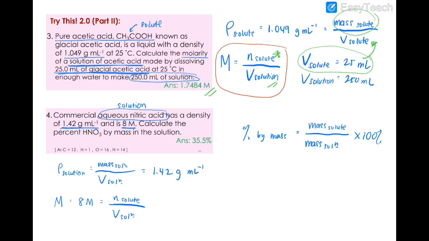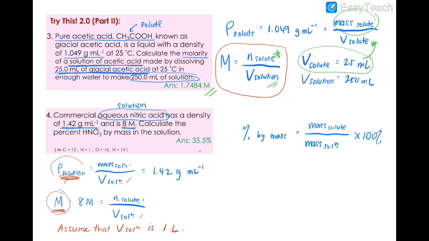So bagi Miss, okay, kita fokus on the density dengan molarity. Okay, kita tengok formula dia. Untuk density, mass solution dengan volume solution. Untuk molarity, kita ada mol solute dengan volume solution. Dua-dua formula ni, dua-dua ada volume solution. Jadi, kita buat assumption pasal volume of solution. Okay, so assume that V solution is 1 liter. Okay, so bila kamu tahu itu adalah 1 liter, so kamu boleh substitute masuk ke dalam formula untuk